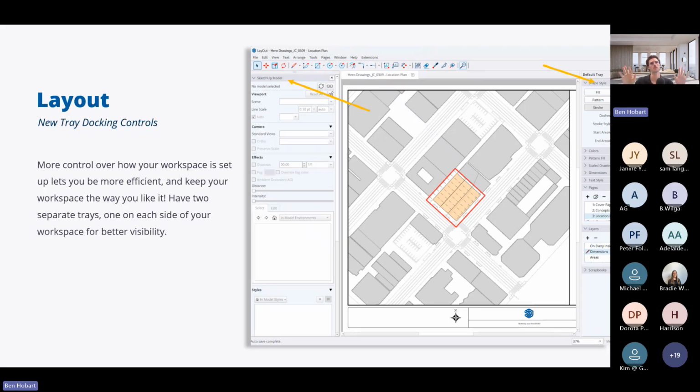We can actually create duplicate trays on one side or the other. And as you can see here, it's actually a little bit more unified, and it looks a lot more like a typical SketchUp project would. You almost can't tell the difference, apart from obviously looking at a 2D sheet. It looks a bit too similar sometimes to a SketchUp Pro project. But the idea here is that it's going to make it much easier